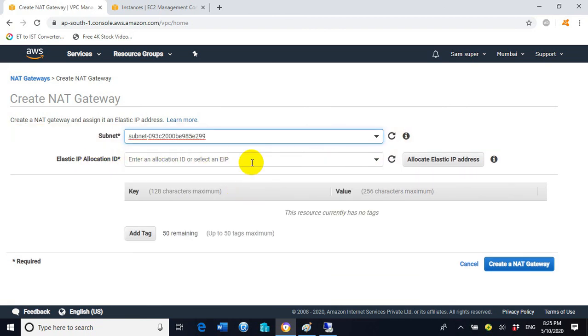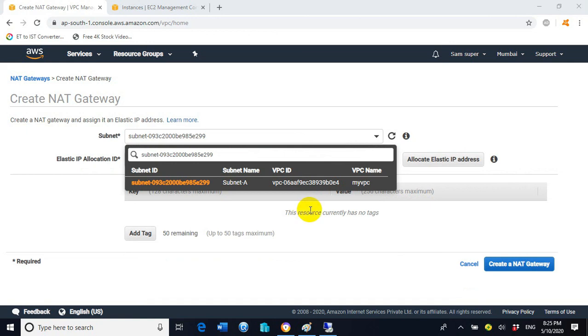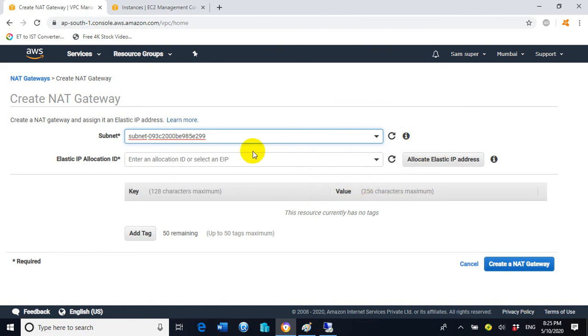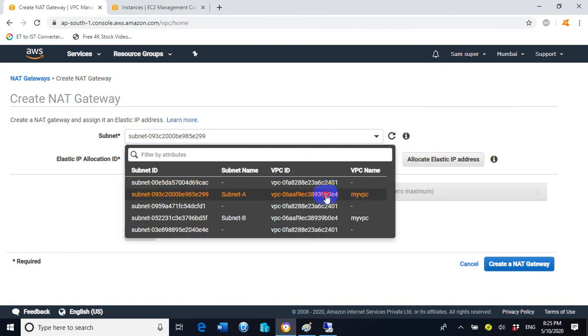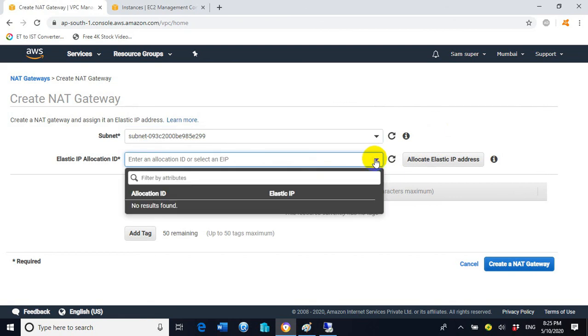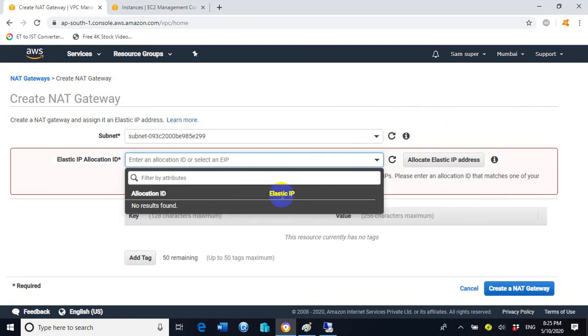and here we need to enter the elastic IP. Elastic IP is a static IP, but we have not yet created any elastic IP. So we can create here itself, no problem. Click on My VPC. Click here, right? And here it is not showing any elastic IP.